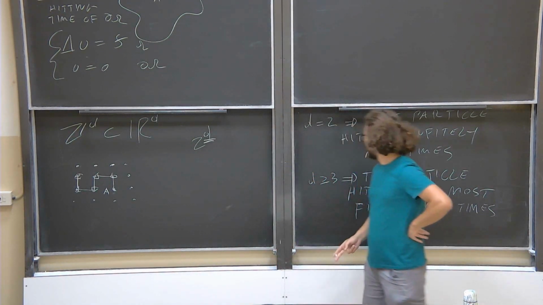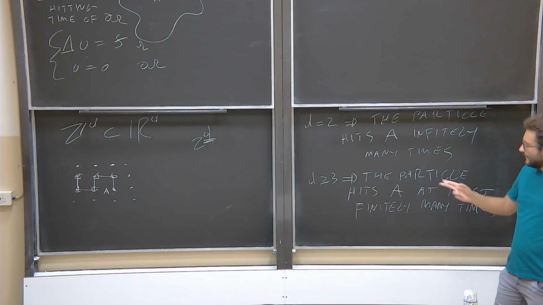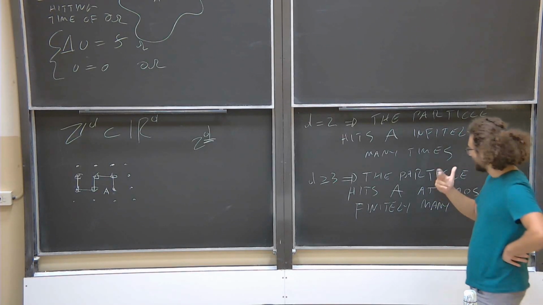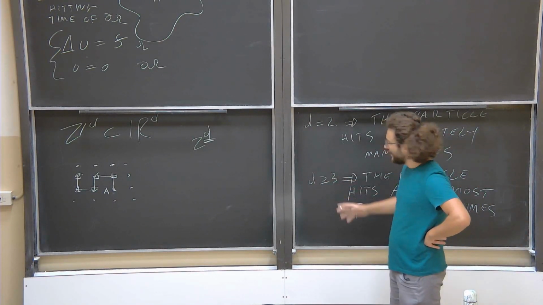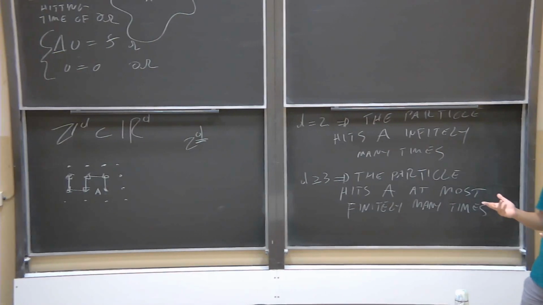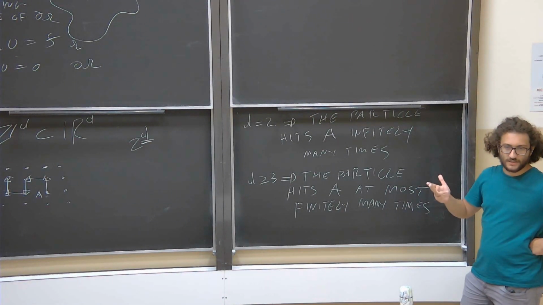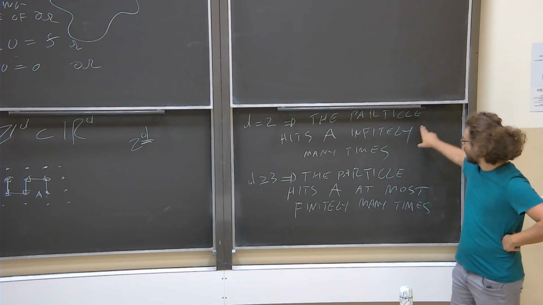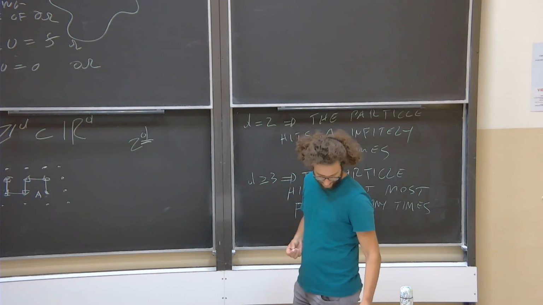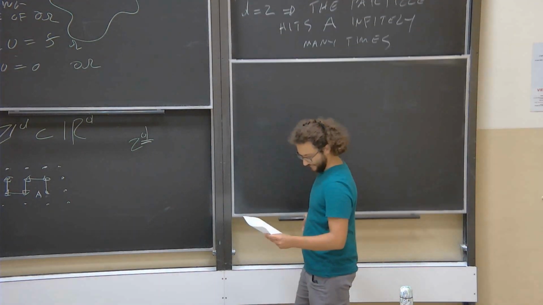The surprising answer is that in dimension 2, this actually happens, and the particle always comes back. In bigger dimension, and this is quite surprising, this does not happen. We can start thinking of the reason. In some sense, when there are too many degrees of freedom, the particle manages somehow to get lost in the road and to never come back. While in 2 dimensions, this does not happen. This is quite a peculiar thing that happens. And it happens also in the continuous version. So we will give these 2 definitions.